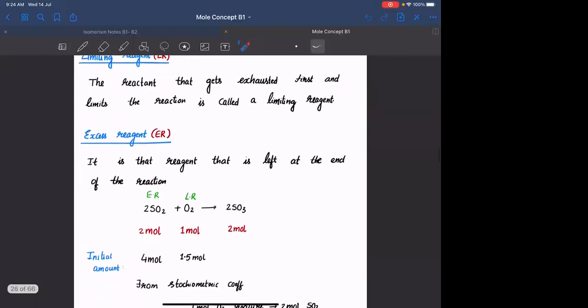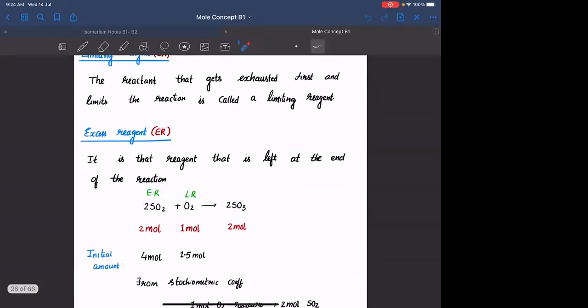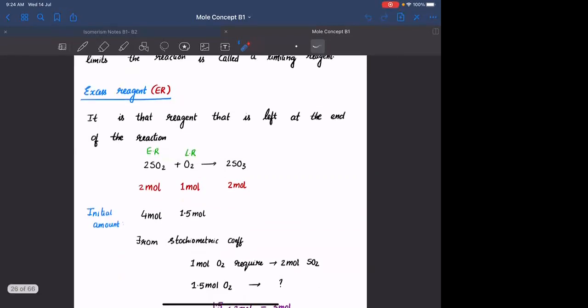After that, we saw limiting reagent and excess reagent. The question of limiting reagent and excess reagent arises if and only if the reactants are not taken in stoichiometric proportions. If they are not, one of the reactants will be consumed first, because of which the reaction will stop. That reactant is called the limiting reagent. The other reactant that is left even after the reaction ends is called the excess reagent.